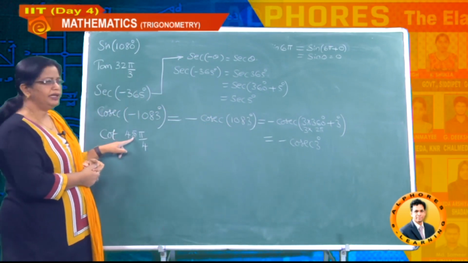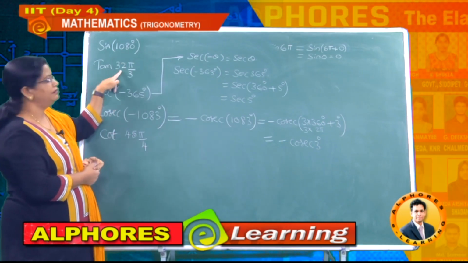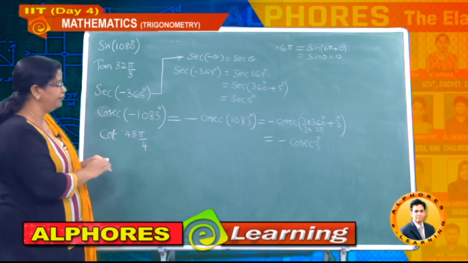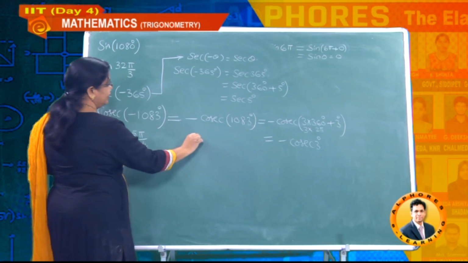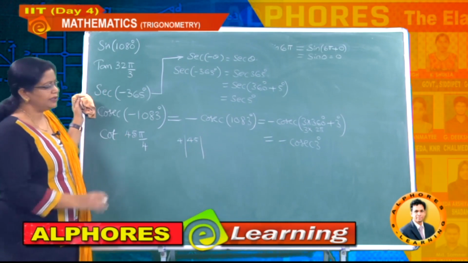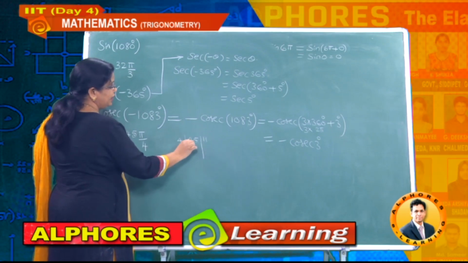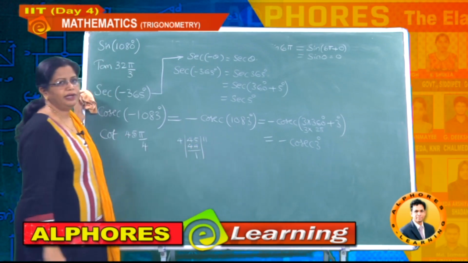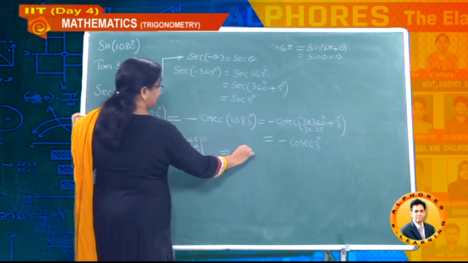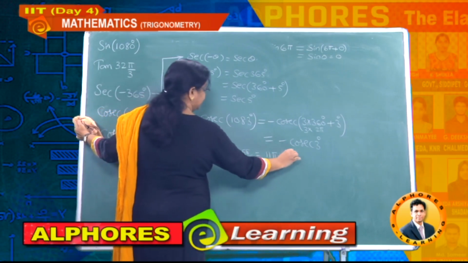And the next one is 45 pi by 4. Just as we did for the previous problem, in that way you complete this 45 by 4. So what is that 45 by 4? It is an improper fraction, so I am converting it into a mixed fraction. If I take 11 times, 44 here, 1 here. Therefore, we can write 45 pi by 4 as 11 pi plus pi divided by 4.